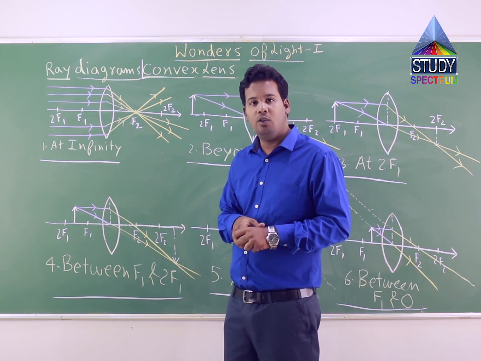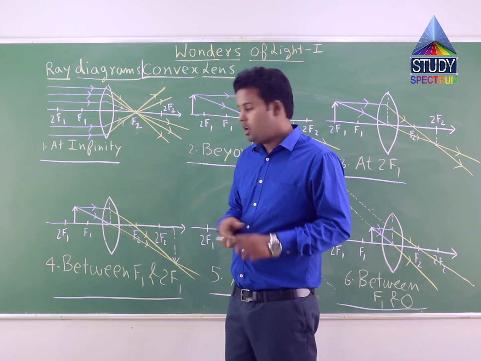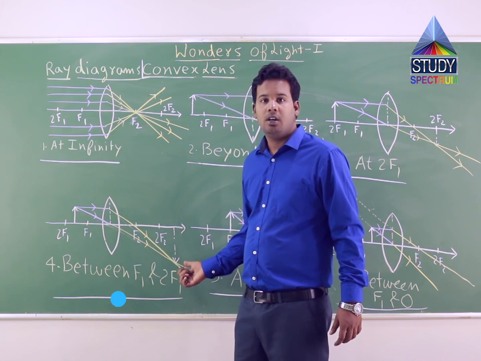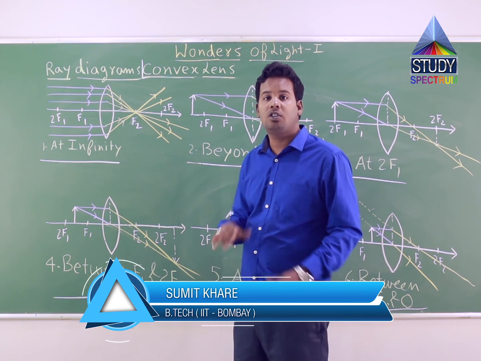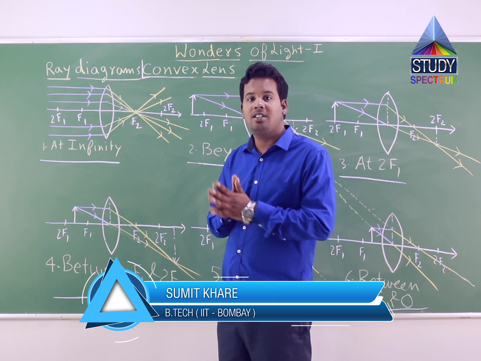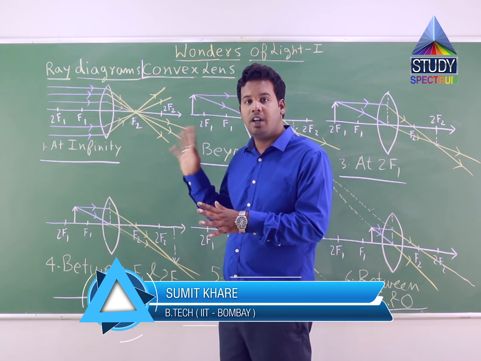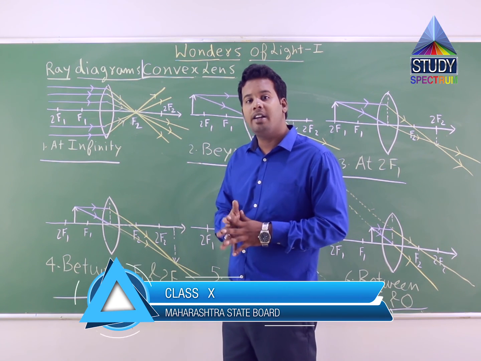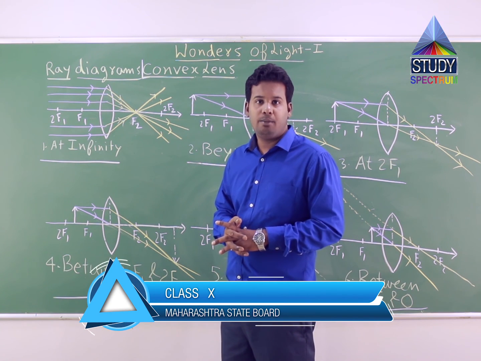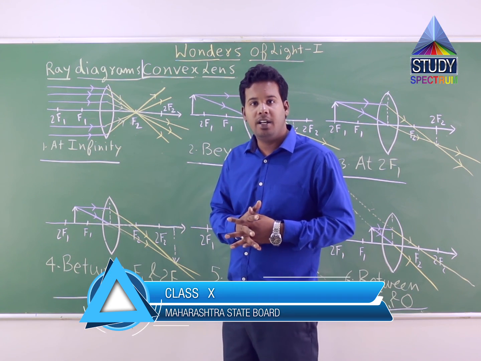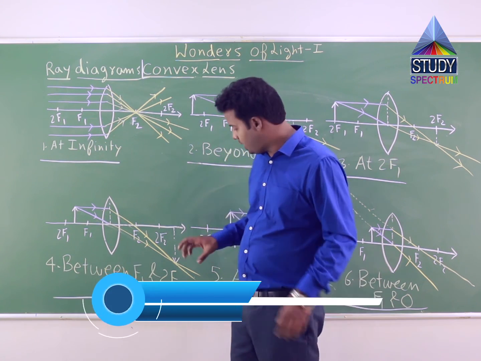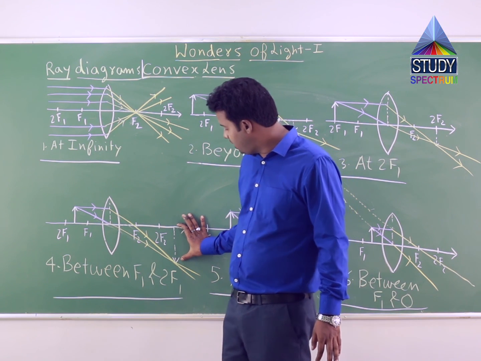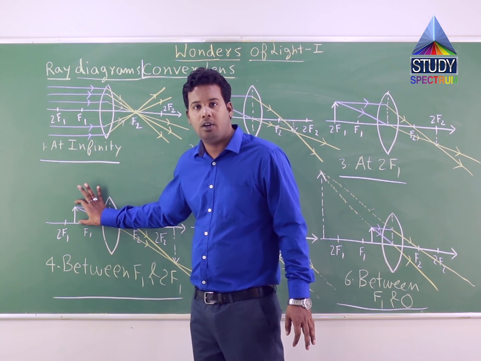By substituting the values of u and v, u we have taken as minus 7.5, v was coming out to be 15. By substituting those values, h2 was coming out to be minus twice h1. For theoretical questions, when we assumed r is equal to 10 and f is equal to 5, h2 was coming out to minus 2h1, which means in magnitude, height of image is double the height of object. That is why if you see this dotted arrow, it is greater in length than this dark white arrow. Correct?